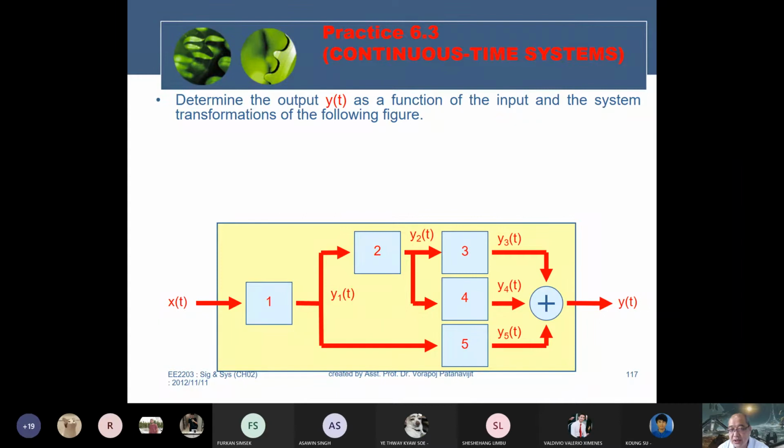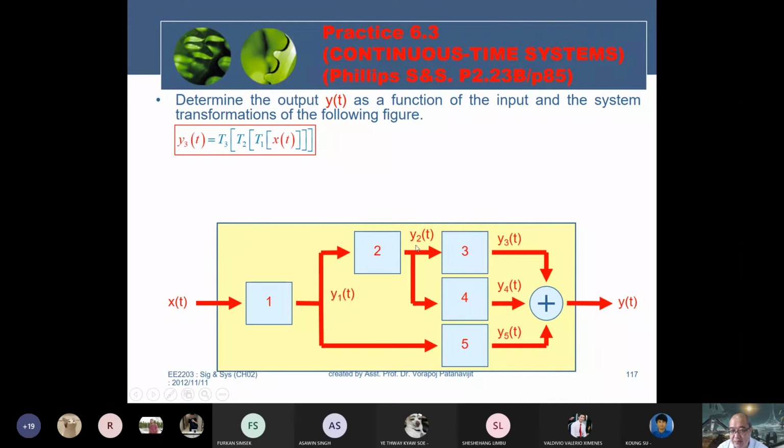The homework of the first section is about the block diagram point of view: how to combine or simplify the block diagram in terms of a single input and a single output, so that the relation between the output and the input is clear. Okay, in this case,